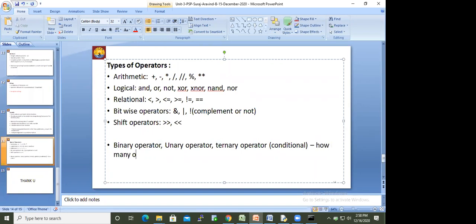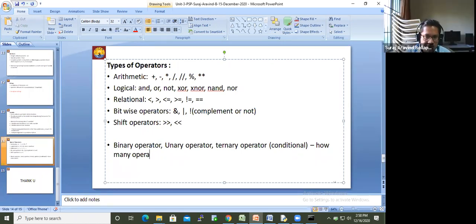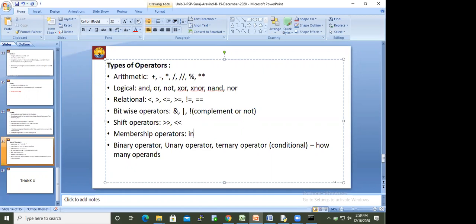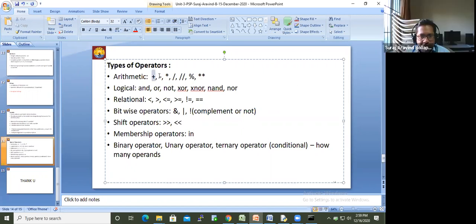Then the membership operators: in. If you observe carefully, for the previous ones we are using symbols, except for logical operators, where we use words.